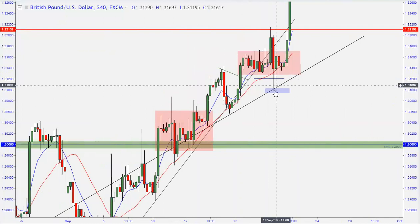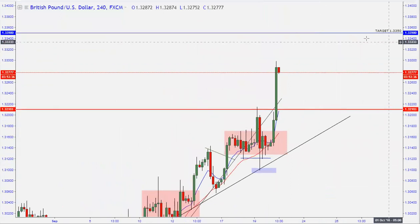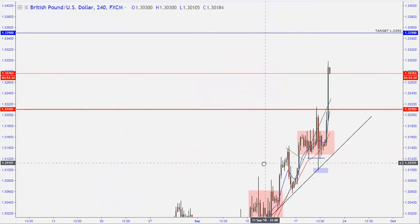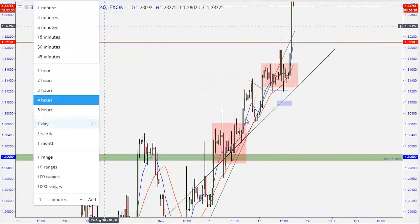So right now it came to pin the market right at this trend line, and we are still holding to our target at 1.8350. So I hope you guys enjoyed the technicals,